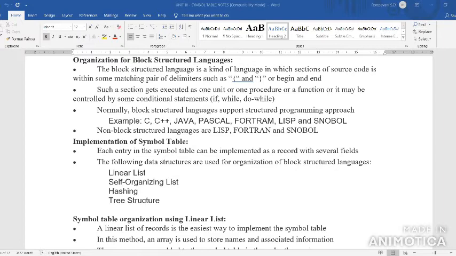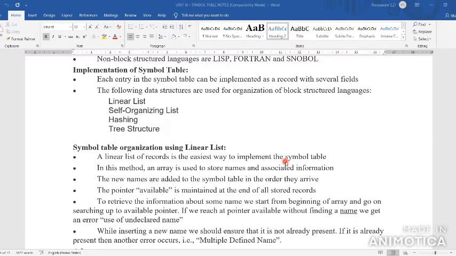So what are the types of implementation in symbol table? Linear list, self-organizing list, hashing, and tree structure. In the first one, linear list means it is a sequential list, like linear search.